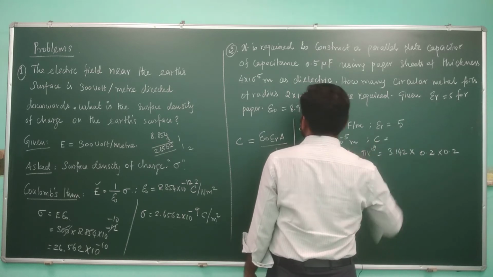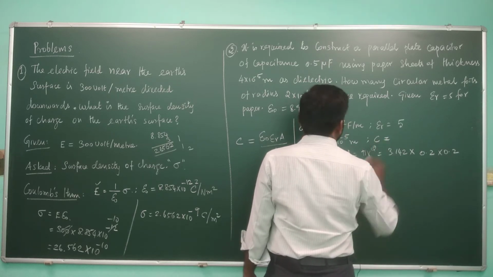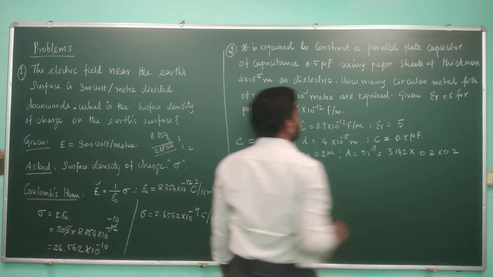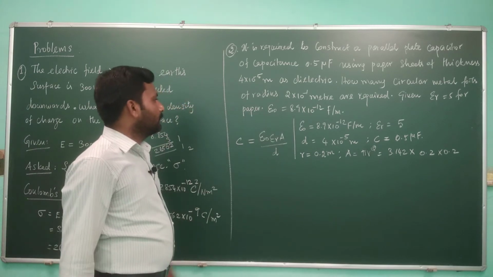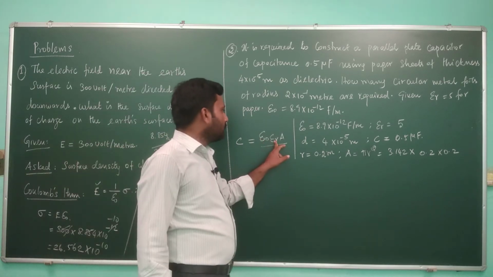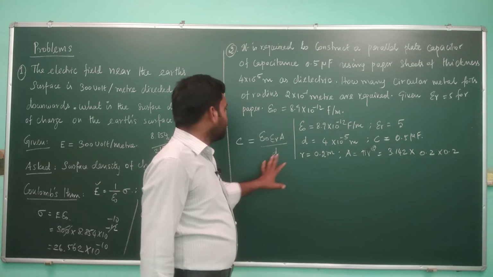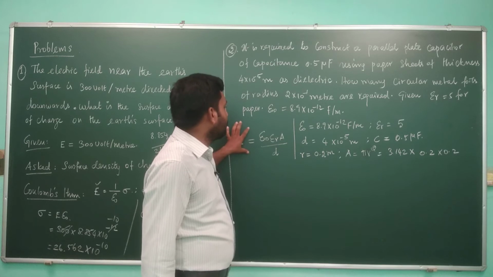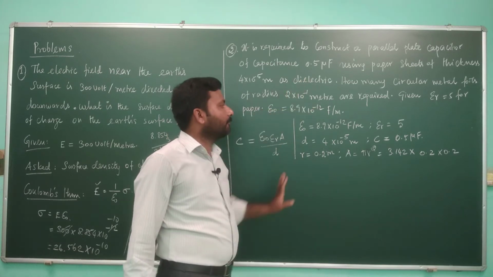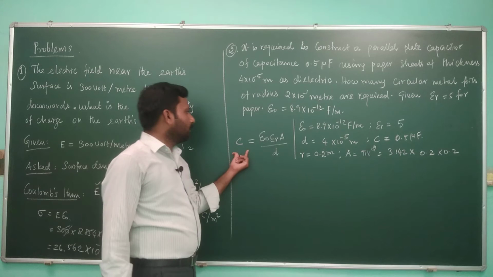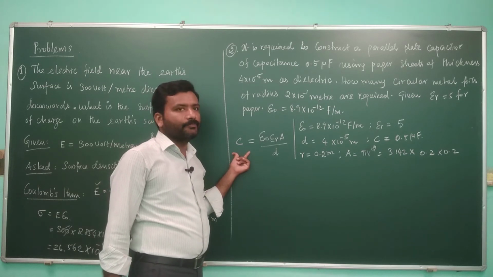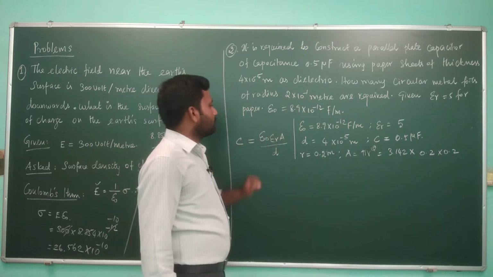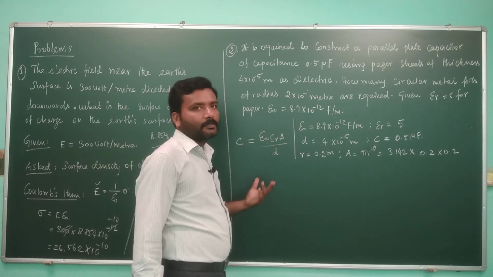Okay, C is also given. That is 0.5 microfarad. Now what is the question? If we substitute epsilon naught, epsilon r, A and D, we will get one particular C. That particular C may not equal 0.5 microfarad, but our target is that the left side should be 0.5, which means on the right side, if one such combo is not sufficient, then how many such combos are required?